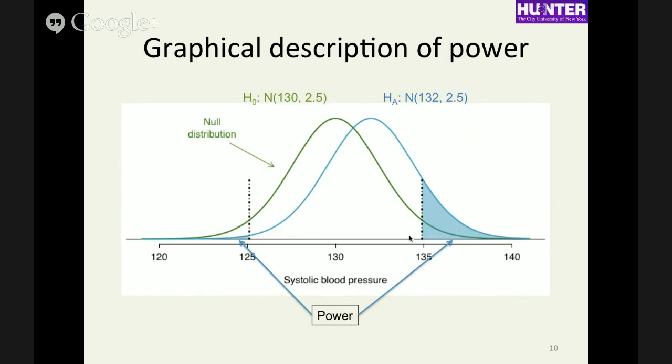So if that's the case, if the mean is 132, then 95% of the time,